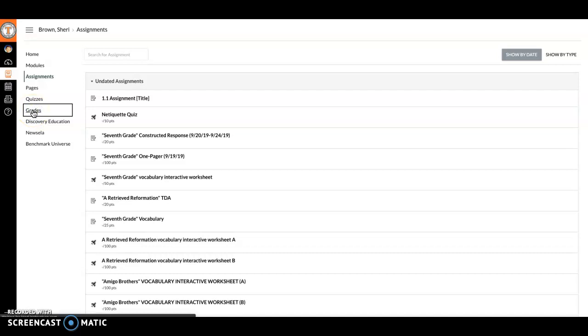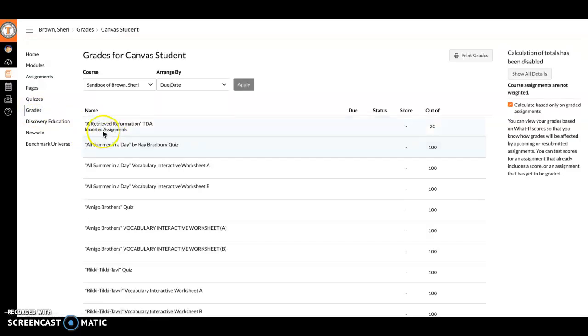But if you go to the actual grade tab in more detail, you can see the name of the assignment, you can see when it was due, what the status is, whether you have submitted it or not, what your score was, and then there'll be a category here where you can see any feedback your teacher gave to you, maybe a rubric, and then there will be an option for you to submit a comment back to your teacher